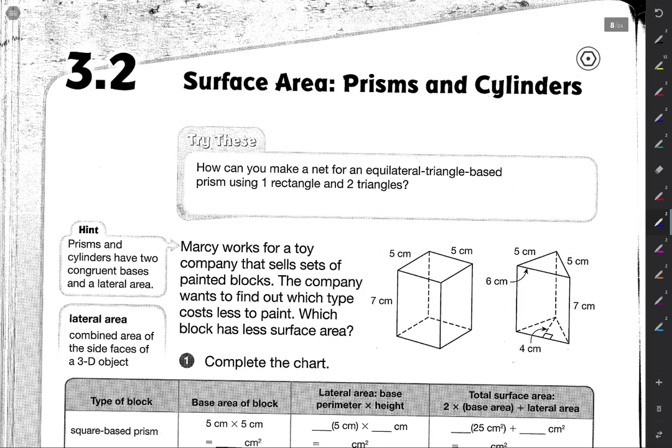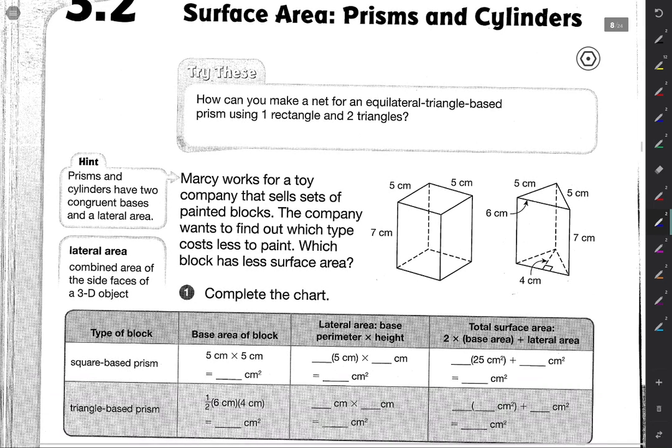In this topic, we're going to be looking at finding the surface area of prisms and cylinders. Let's begin with this one. Marcy works for a toy company that sells sets of painted blocks. The company wants to find out which type costs less to paint. Which block has less surface area, because the less surface area means the less paint that they will have to